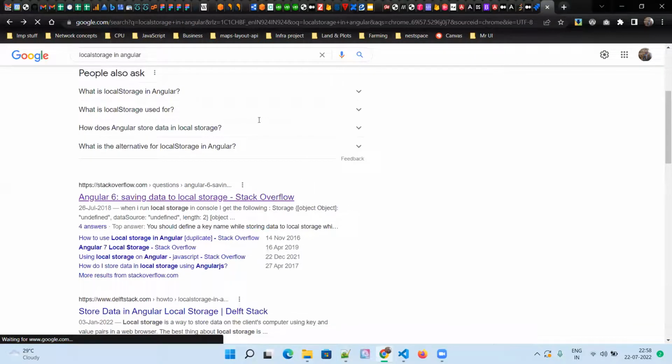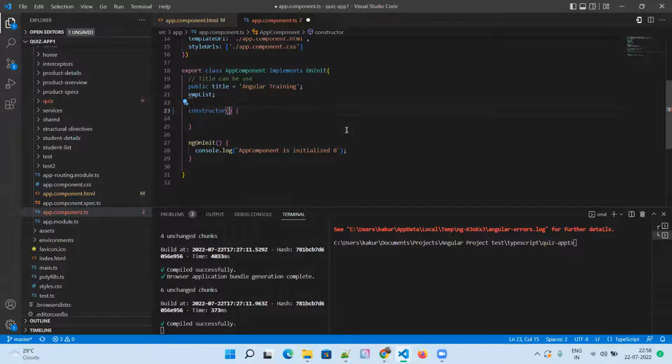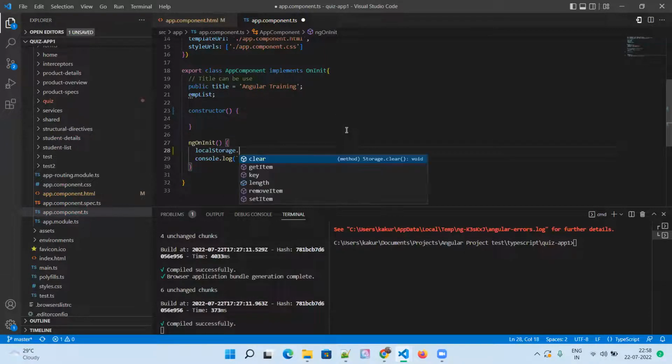Okay, let me remove this here. And local storage, yeah, we can use that object directly because local storage is available in the browser directly. So the reference you can use it here, local storage dot